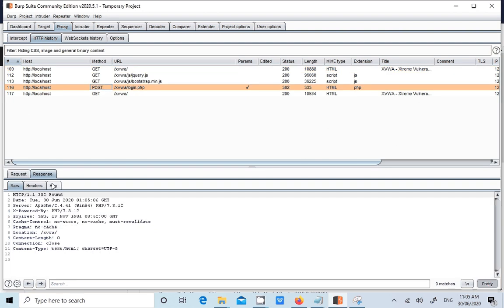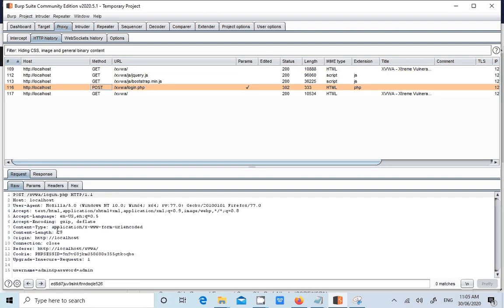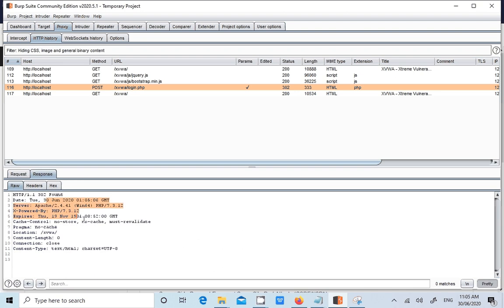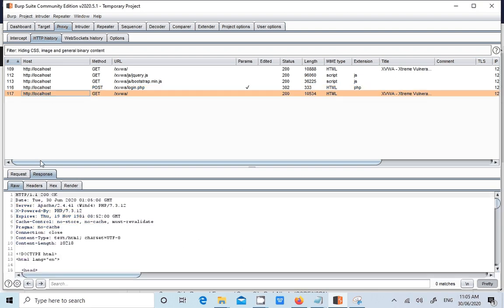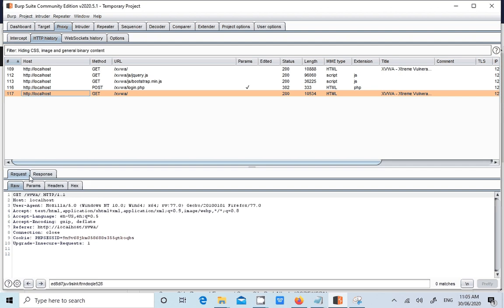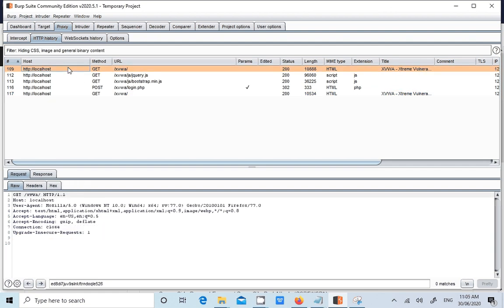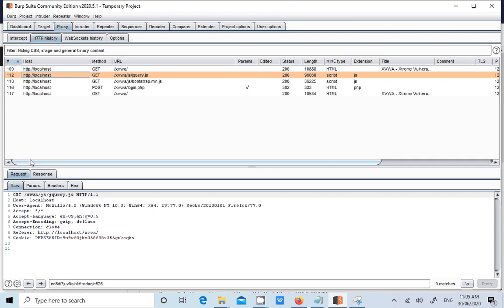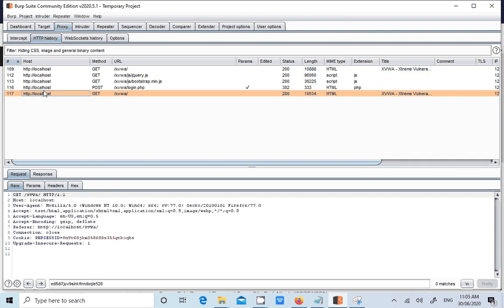The username password was sent to the server. Within the response, it's redirected to some other page. Okay.